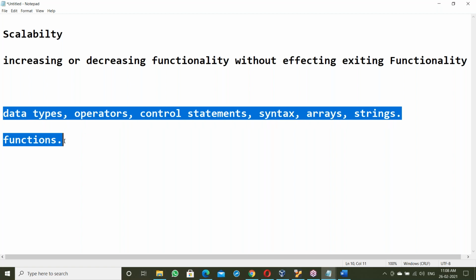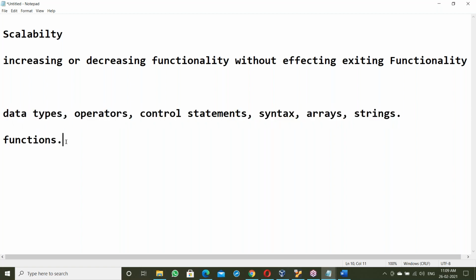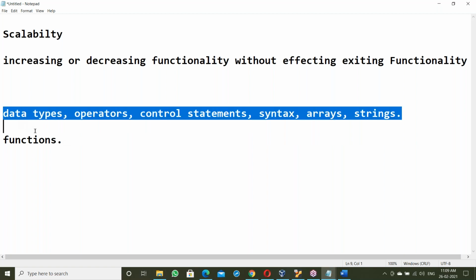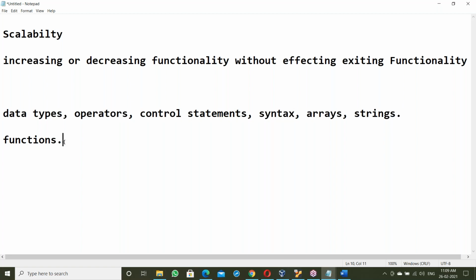Scala also follows all this and adds some more. That means without affecting the existing functionality, without affecting existing C programming code, new software is developed. Almost every software follows these features, apart from its own features.